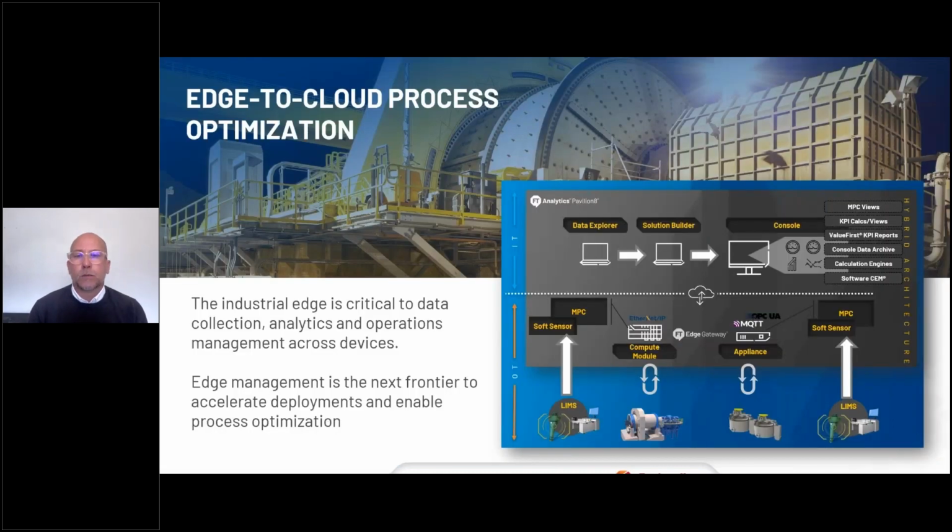So we start at the edge to cloud process optimization. And what that means is we actually start at the controller layer. Right? And that's extremely important for us, is to be able to say, we need to build an analysis layer on top of the controllers that are controlling our plants at mining companies, that actually analyze that data in real time, show us the variability in our processing that might have an impact on our rate of recovery or our yield, and at the same time being able to then create a gateway of taking that contextualized data up into the cloud for analysis,